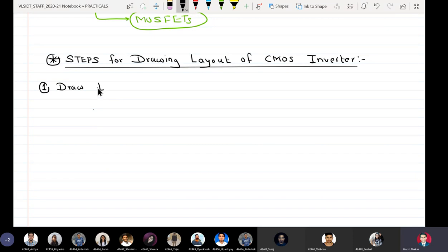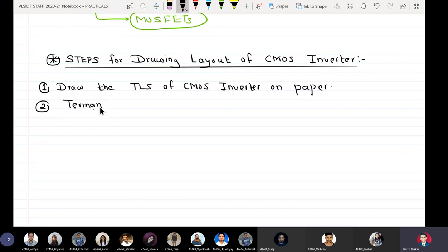That means the first step will be draw the transistor level schematic of CMOS inverter on paper. Our paper is our OneNote today. Second step is terminalize the circuit diagram.